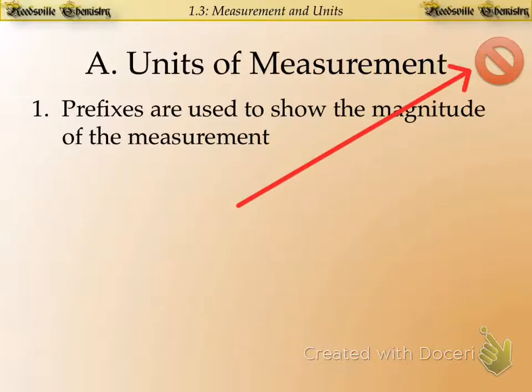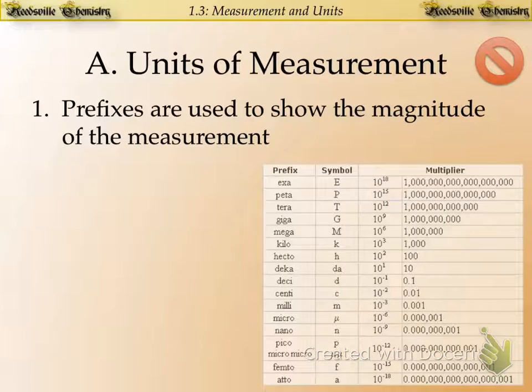Okay? So with our SI units of measurement, we often use prefixes to show the magnitude of a particular measurement. Now this sheet that you see that I just popped up in the lower right-hand corner, I'm actually going to give you that sheet, or something similar to it. It's not going to look exactly like this. But this sheet just simply kind of explains the different types of prefixes and what they mean. So kilo, for instance, that's a multiplier for 1,000. So that means if you were to have